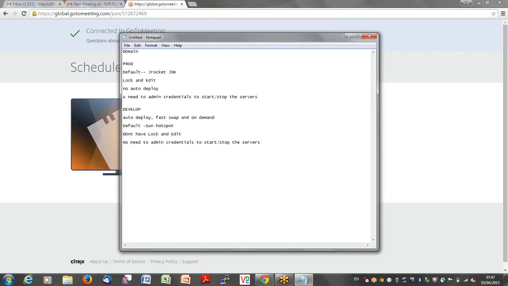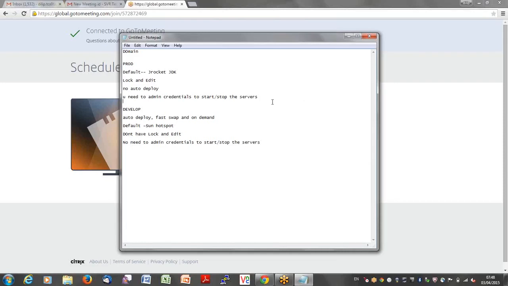No authentication is needed in development, because the development environment is accessible only to your internal employees. But production servers have impact. If you stop a certain service or a server, it will impact the end users. That's why we don't allow it without authentication. You cannot start and stop your servers in production.